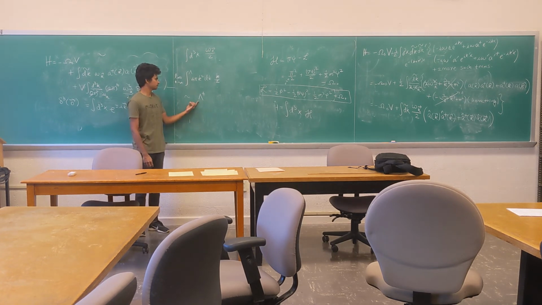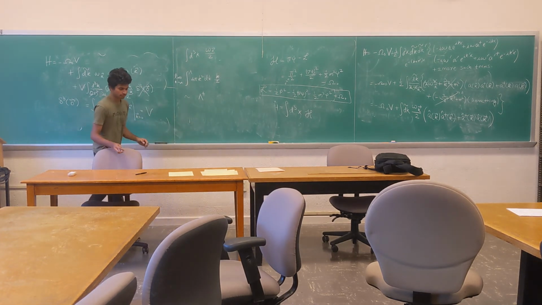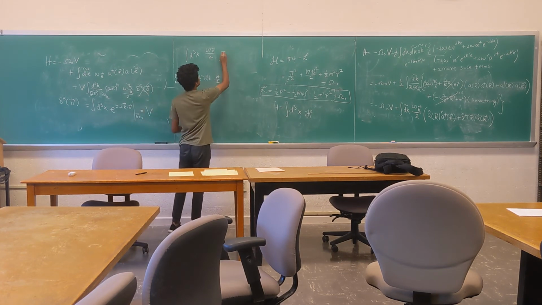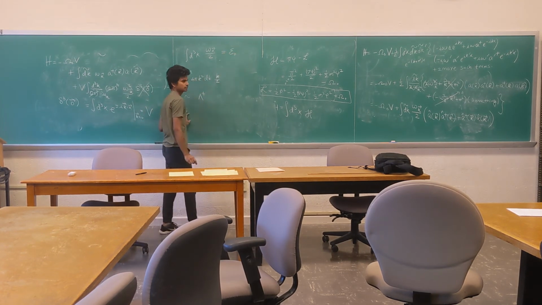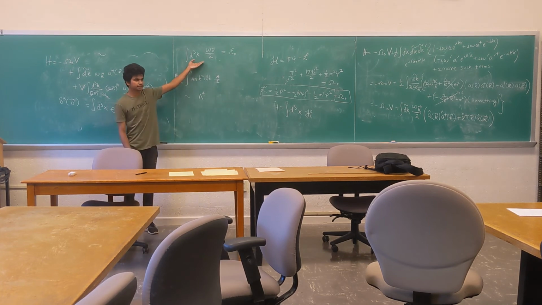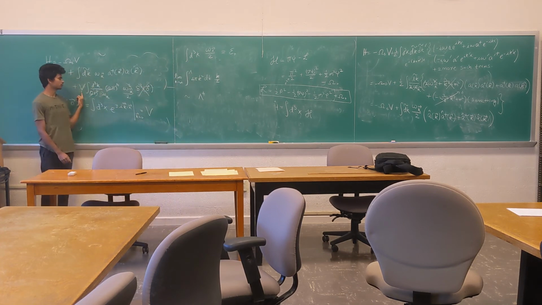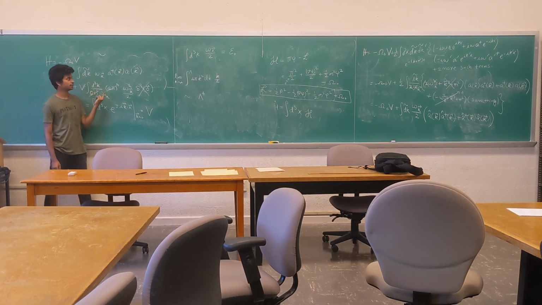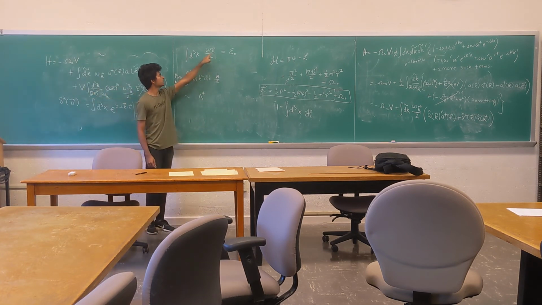So what do I do next? Let me call this guy epsilon naught. This is the energy density of an infinite number of harmonic oscillators. Why is it an energy density? Because I took out the volume factor already. Or another way to see that is to look at the dimensions. This has the dimensions of energy, and d3k has the dimensions of 1 over volume.